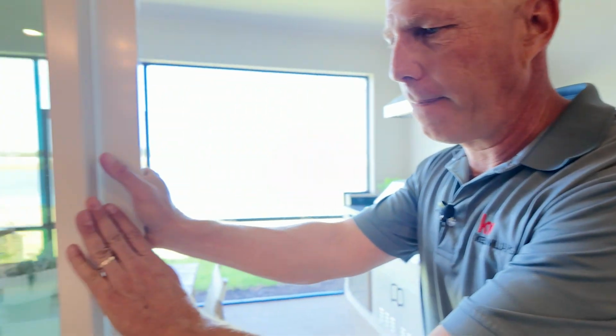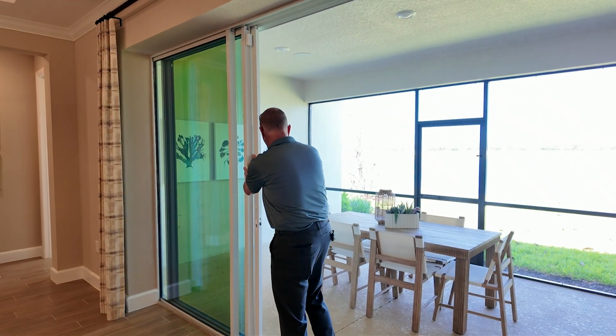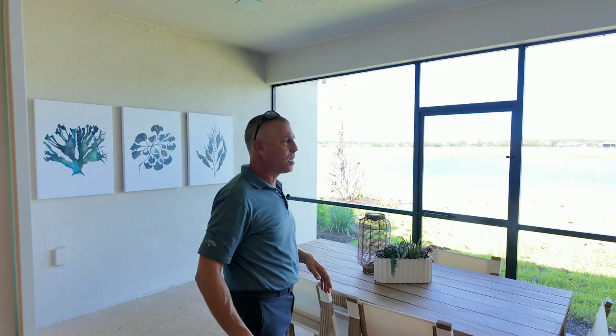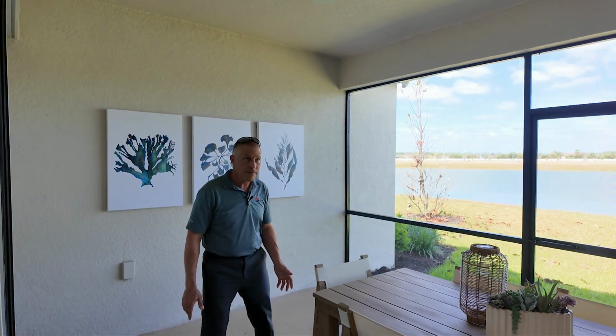Triple pocket sliders. I always love opening these. It's getting a little bit warm now. Here in Florida, we like our windows open for much of the year because we can. And so this allows us to air the house out throughout the winter. And in this screen lanai, painted floors,